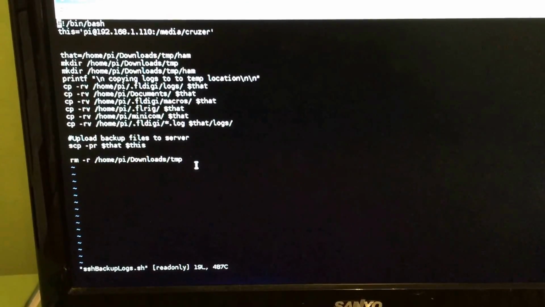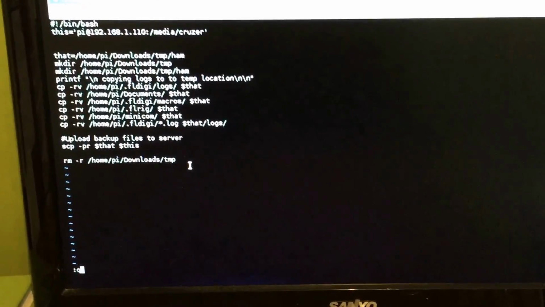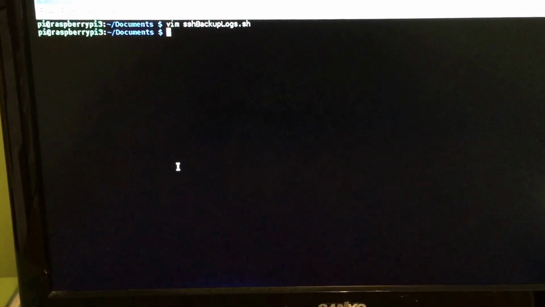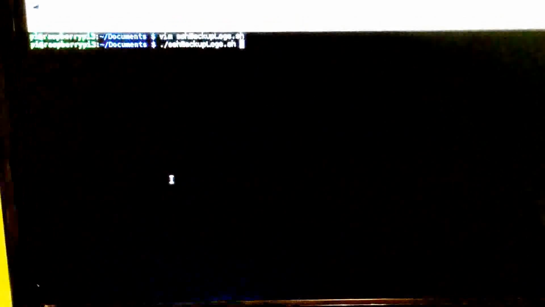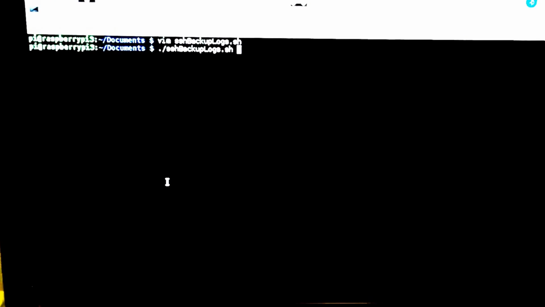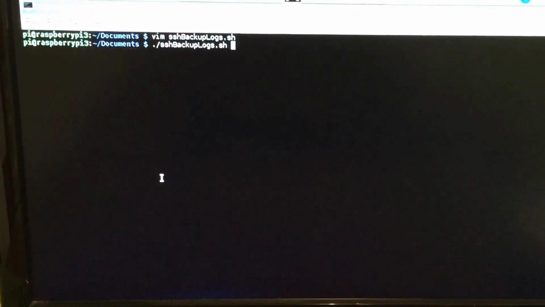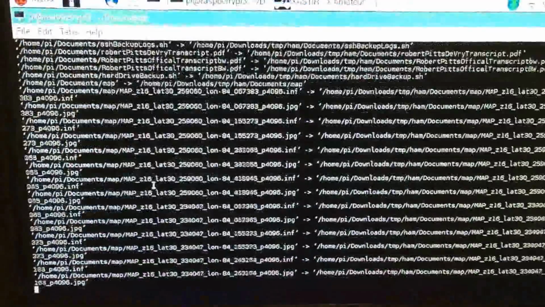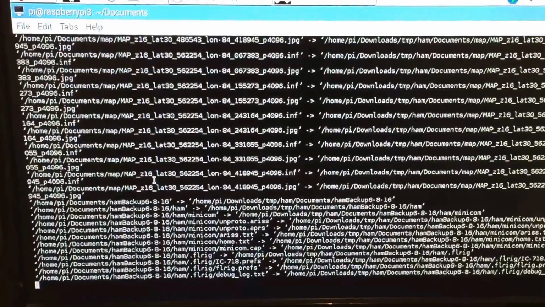So that is that, and I know I'm doing this with my phone, so it's very shaky, but I'm going to quit that and show you when I get done playing. I go to my documents directory in a terminal. I type in ./ and the name of my script. I hit enter, and it tells me everything that it's copying,